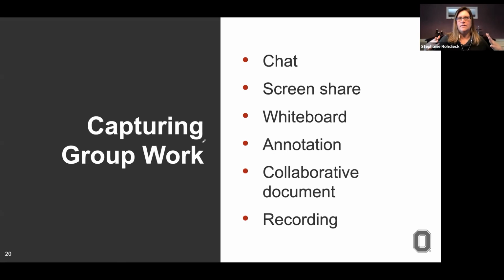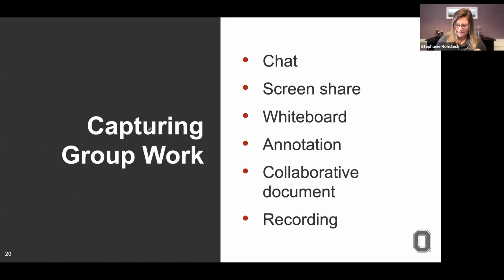Obviously, well, maybe not obviously, if you haven't been doing this, in the breakout rooms they have just about every function that you have as a host in the main room. So there is a chat window where they can keep notes for themselves. They can screen share a document or a slideshow that they're creating together, for example. They can use a whiteboard, which we talked about in the second session. I'll give you a couple of screenshots so you can see what that means. Like you did some annotation, they can annotate. They can do a collaborative document, right? They can even record, but I want to show you what happens. You have to do something special to do that.